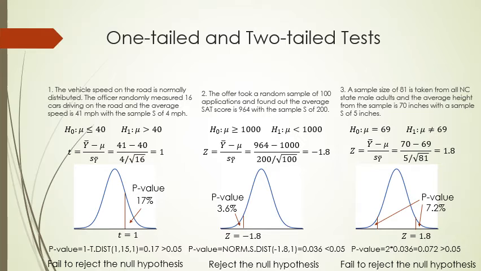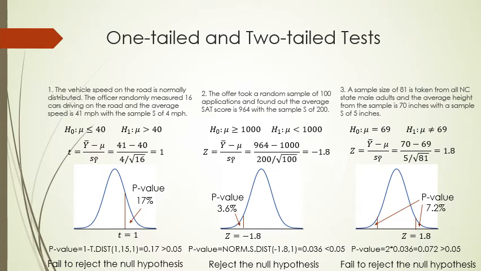For a two-tailed test, the p-value is the proportion of the null distribution that is more extreme than the z-score of 1.8. Since it is a two-tailed test, the p-value is the area in both tails as shown in the graph. Thus, the p-value is 2 times 3.6%, which is